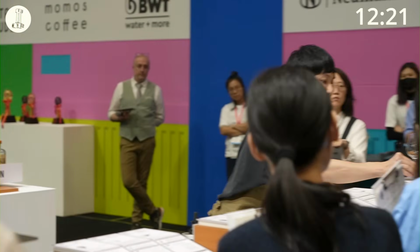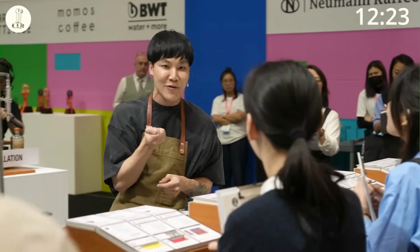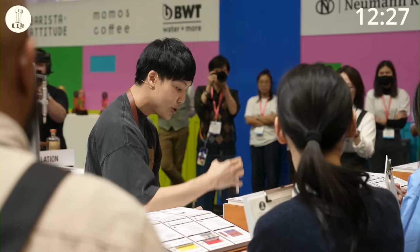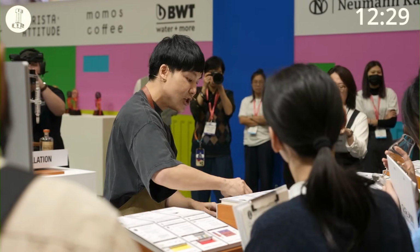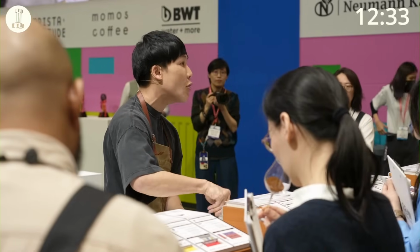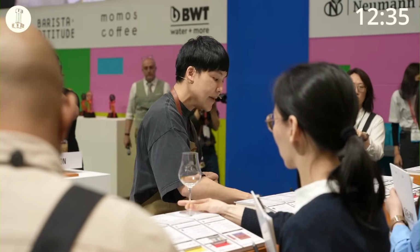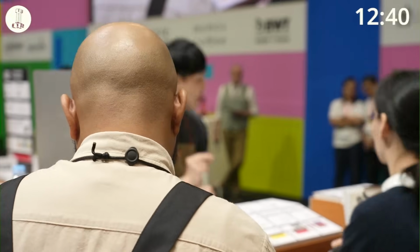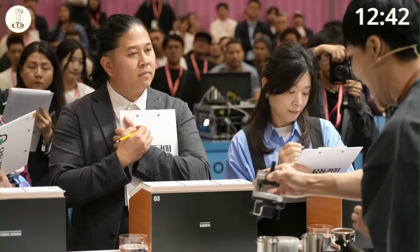Please hold the glass, smell the aroma, pass it on to the person on the left hand side so everyone can smell it, and you can keep it here. I will take care of it for you after you smell it. While you smell this aroma, you know it has a unique sweet aroma because this is a non-Arabica coffee growing in the wild forest of South Africa, and it has unique sweetness. So by adding 3 grams of this into my espresso,